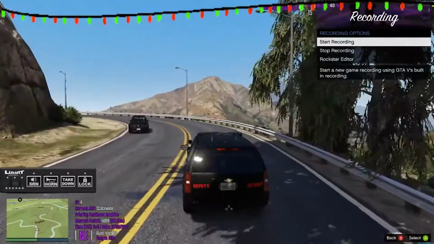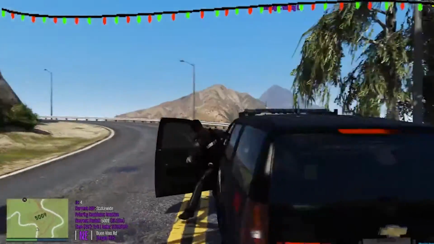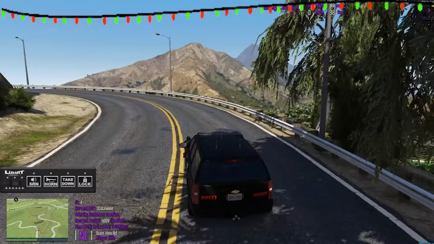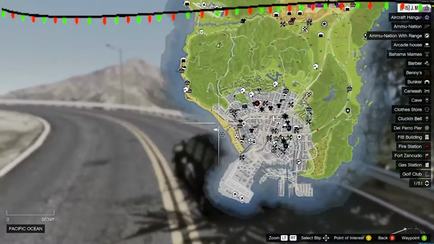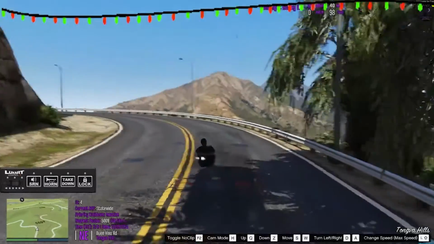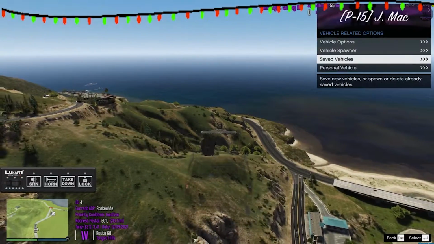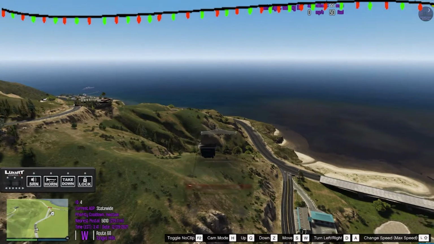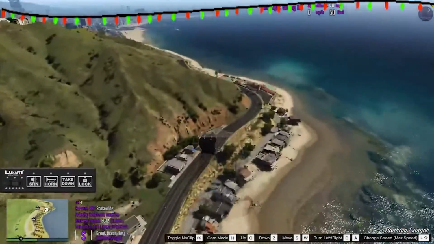I think that's good. Okay, we're good on the recording bit for that. On foot patrol, probably the best place to do that would be the pier. So I think what we're going to do is we're going to go over there, and I'm going to grab a different cruiser. I think I'm going to grab a 14 Charger for that, because that would make sense because it's by the highway.